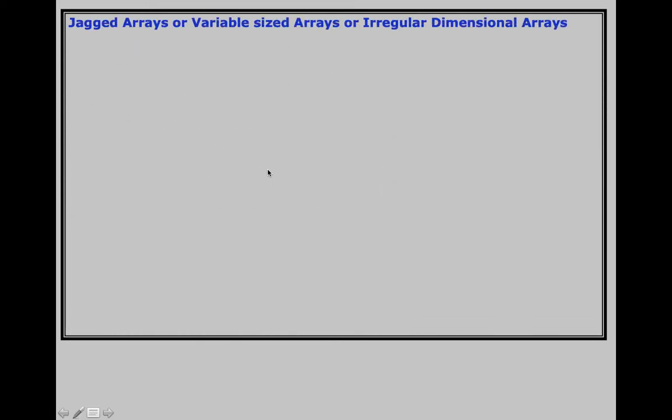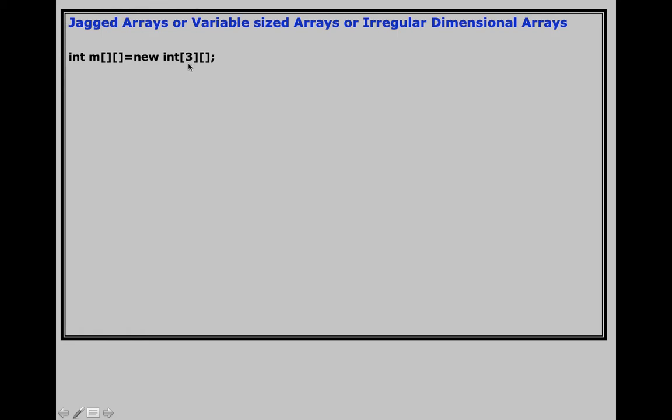All right. Now the next topic over here, slightly tricky and confusing, is jagged arrays, also called variable sized arrays, also called irregular dimensional arrays. Now this is something which you cannot do in C language, but you can do in Java. So understand this properly. Now let's say I write a statement like this. Now, do you see something missing over here? Of course, yes. See carefully, the column is not mentioned. The column dimension is not mentioned over here. So this statement is correct, and what this statement will do is it will create a matrix called m, where m will have 3 empty rows.